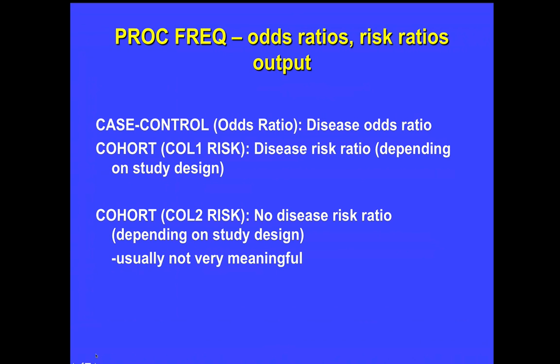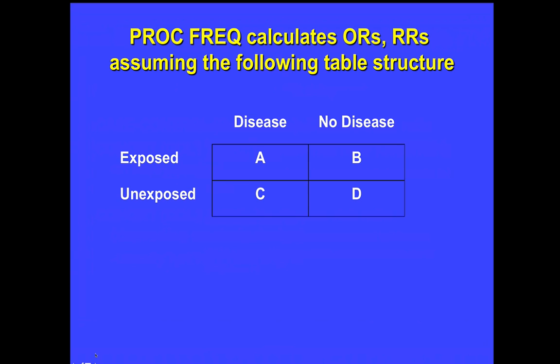This is just summarizing some of the output from SAS when you use proc-freq and request the CMH1 option. We discussed that as we went through the output. And again, this is just reminding you, using a different visual, about how SAS is calculating odds ratios and risk ratios. When SAS calculates the odds ratios and risk ratios,